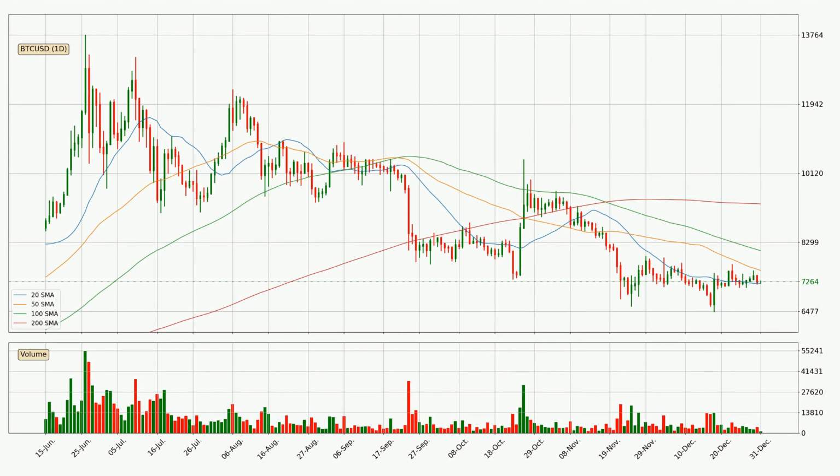Looking at the daily simple moving averages, at the moment, the price is between the 20 and the 50 SMA. If the price bounces off the 20 SMA, which is currently at 7,219, it could be seen as a support, and the 50 SMA, that is at 7,554, could be perceived as a resistance to the upside. If there were to be a break either way, it means that there could be a continuous move in that